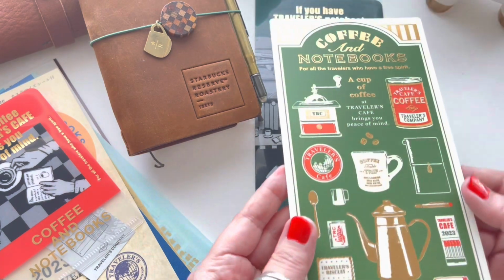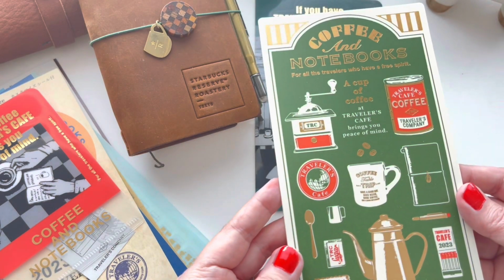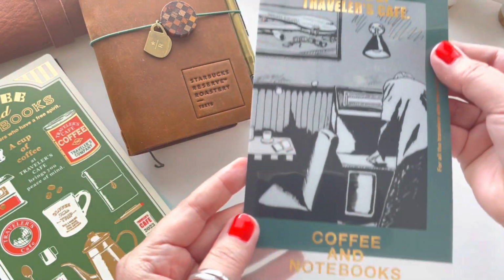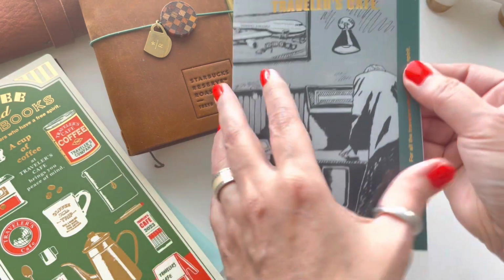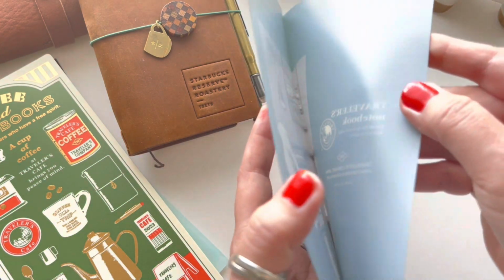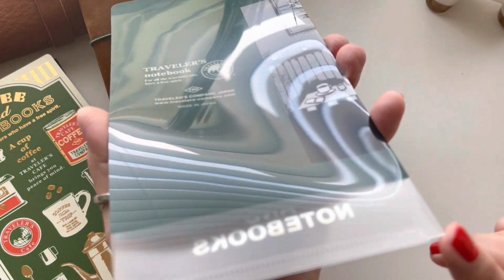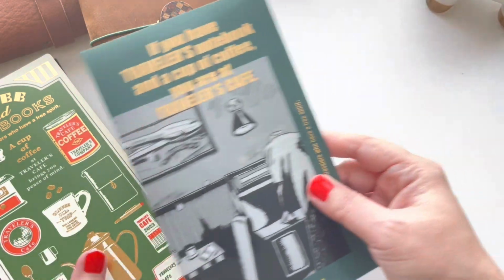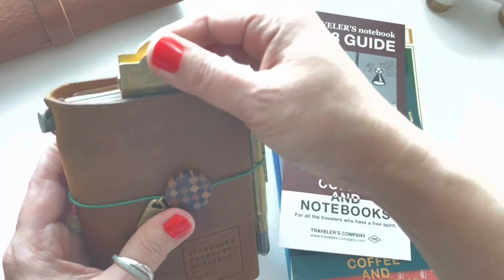The pencil board for this year is really pretty. It has a lot of gold foiling on it, as well as the folder that can go inside. They both have just amazing gold foiling, and it has a little hole at the bottom as well, so you can use a regular elastic to mount it in there, or